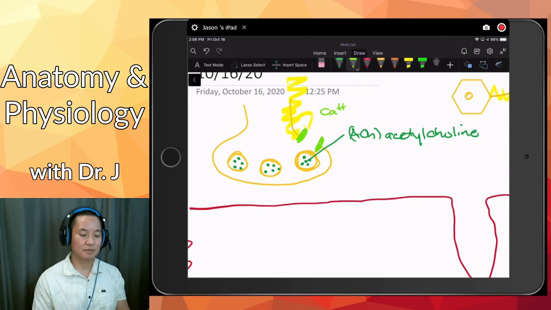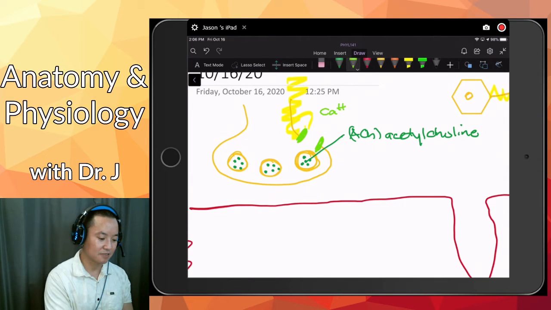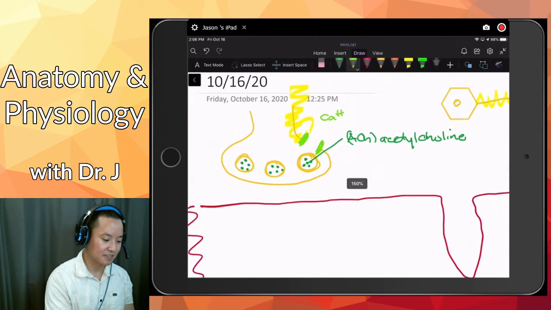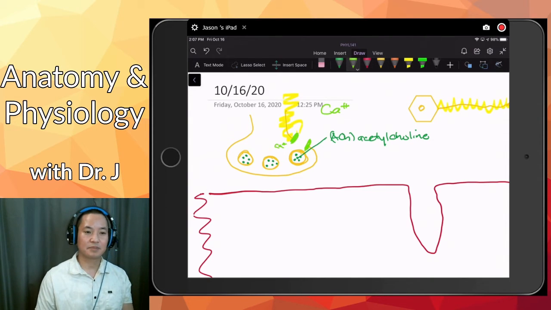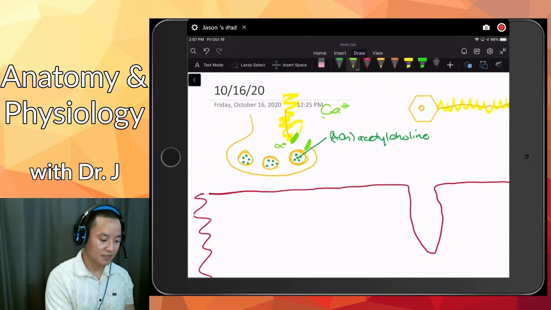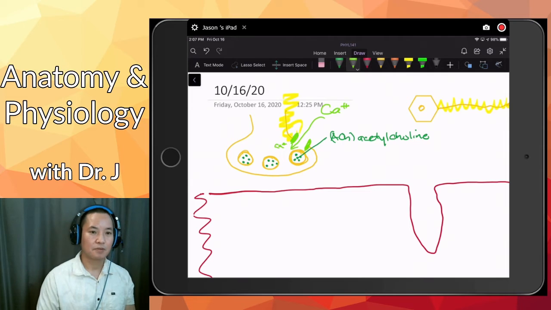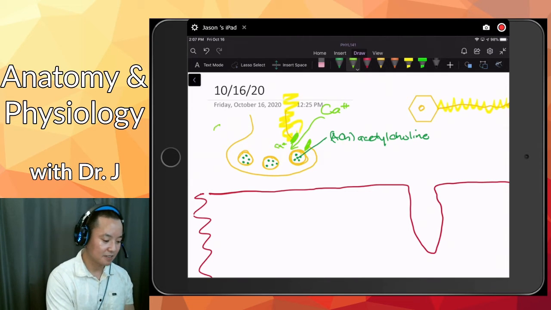So to exaggerate things, I'll put a very high calcium concentration outside, and not so much calcium inside. Remember, in terms of diffusion, things go from high concentrations to low concentrations. So calcium will flow in. Why is that a big deal? Well, with all this calcium rushing in through these channels into the axon terminal,